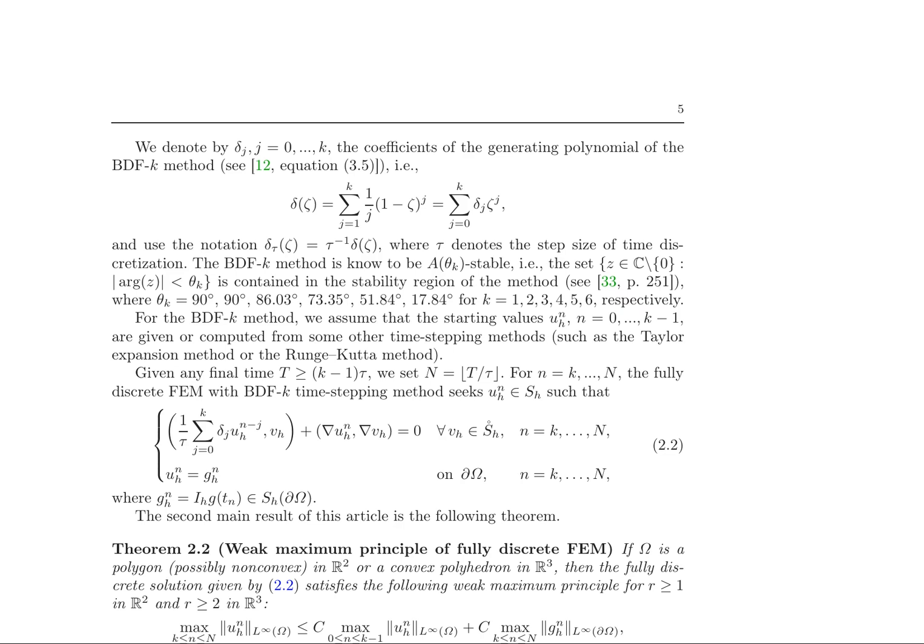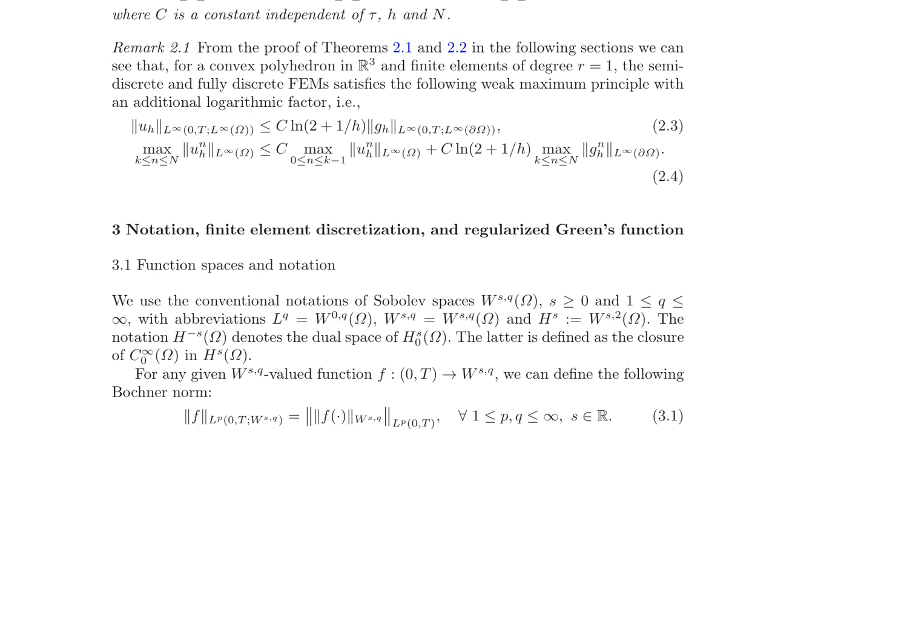The second main result of this article is Theorem 2.2, which states that if omega is a polygon, possibly non-convex, in R² or a convex polyhedron in R³, then the fully discrete solution given by the above equation satisfies the weak maximum principle for r greater than or equal to 1 in R² and r greater than or equal to 2 in R³. This principle asserts that the maximum norm of the fully discrete solution is bounded by the maximum norm of the